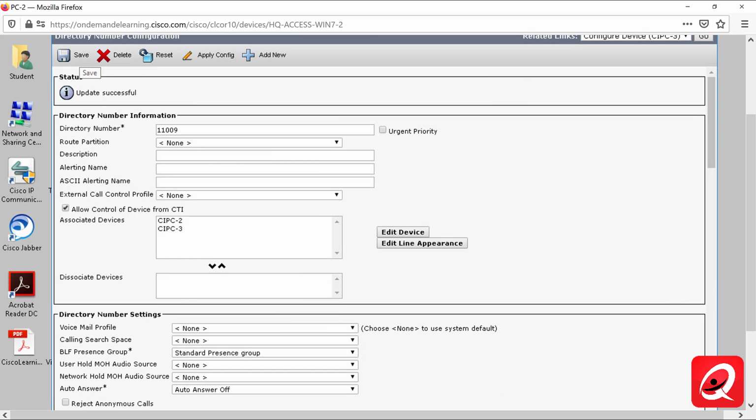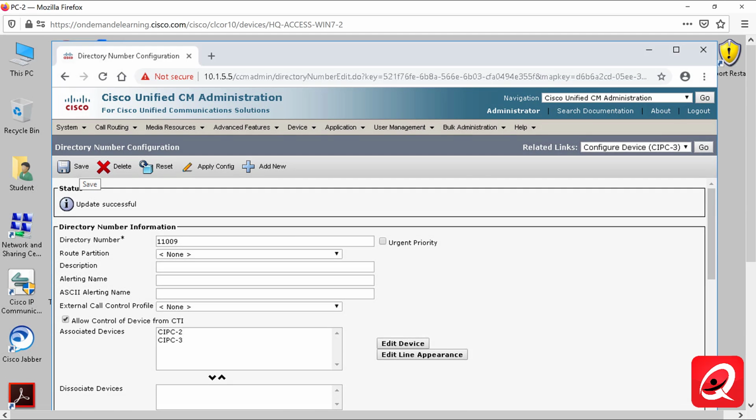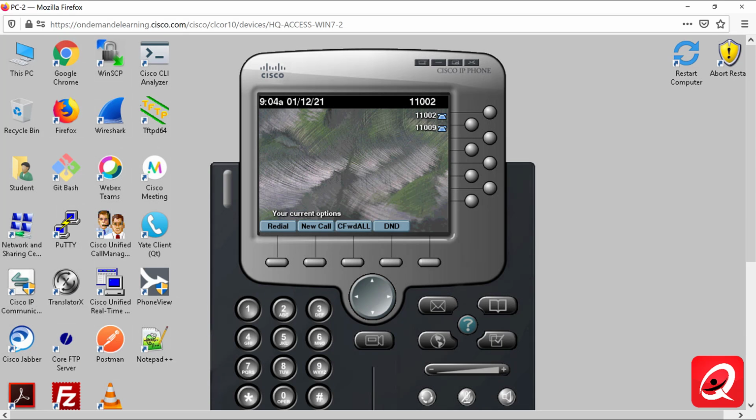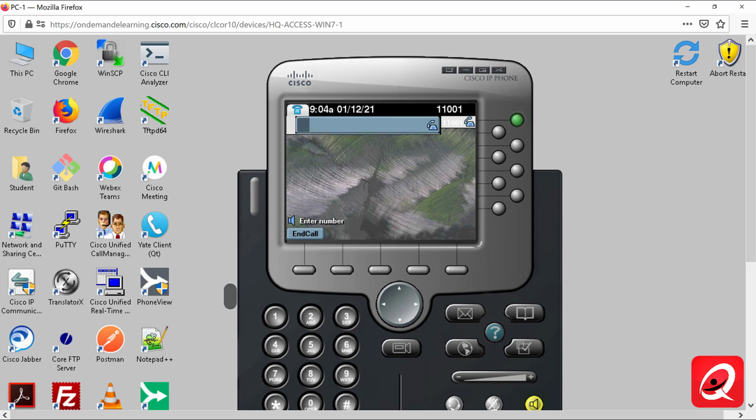All right, so now if I go back to my phone, I can see that configuration has been applied on CIPC3, and it shows up with both directory numbers. So now we're going to go to PC1. We're going to place a call to 11009. So let's go over to PC1. We're going to place a call to